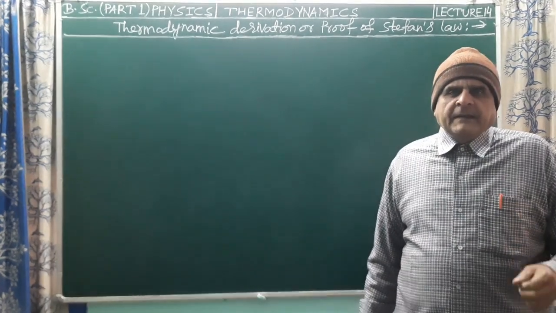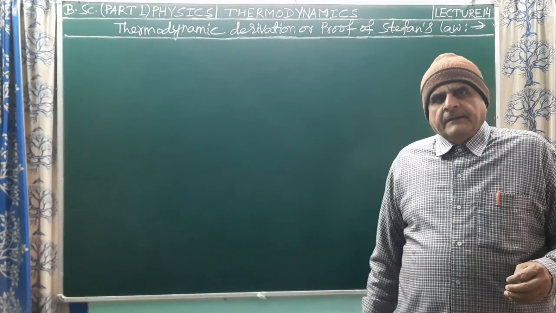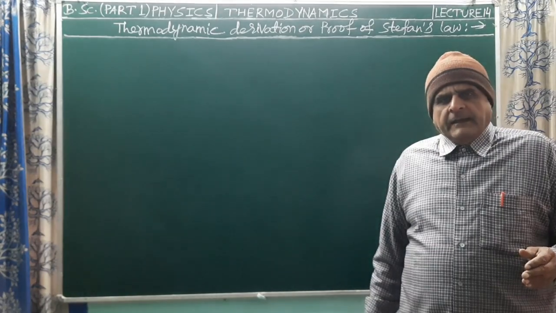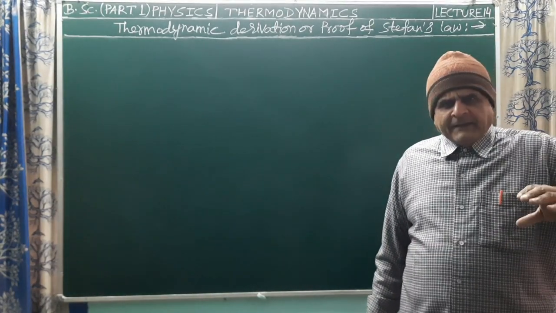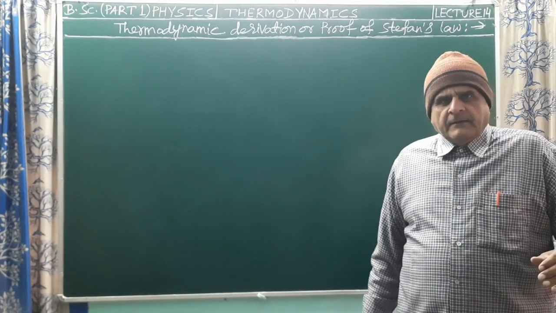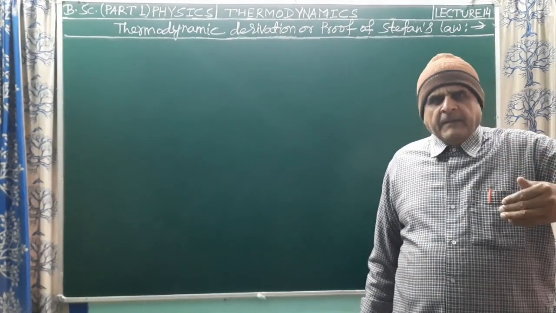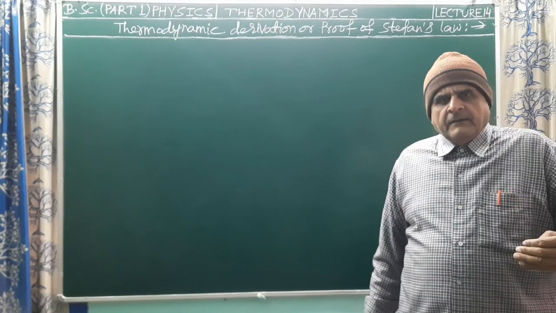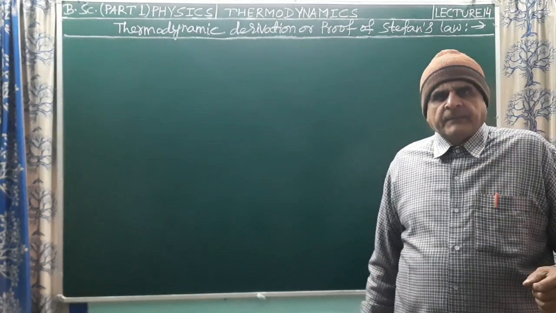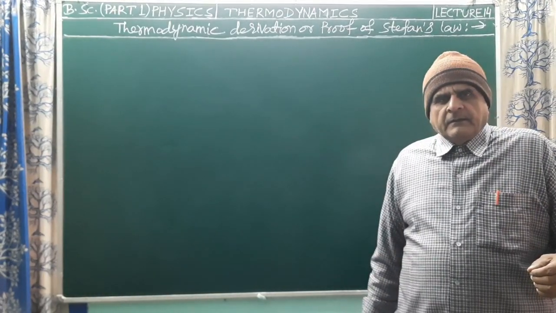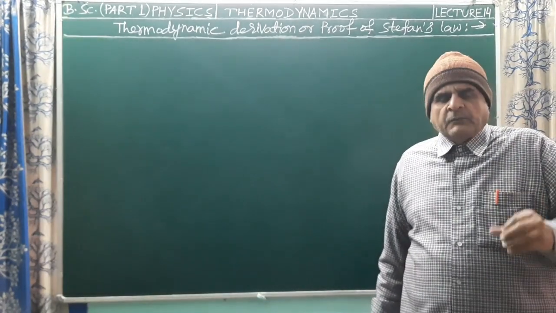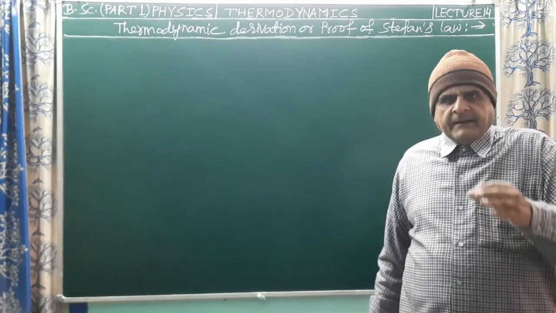Stefan's law का derivation के लिए suppose किया जाता है कि एक cylinder जिसके walls perfectly reflecting हैं, और उस cylinder में piston लगा हुआ है जो कि perfectly reflecting है, और उस cylinder में black body radiation को fill किया गया है, रखा गया है।